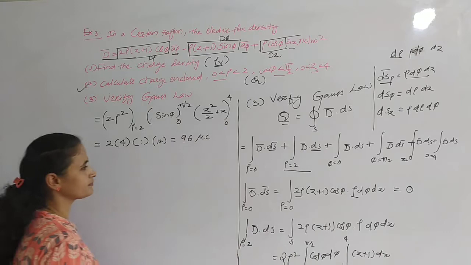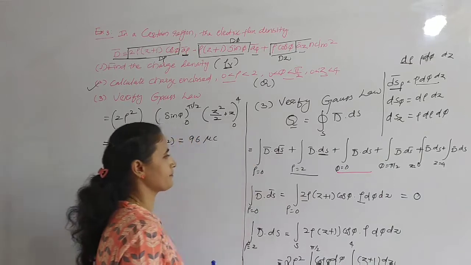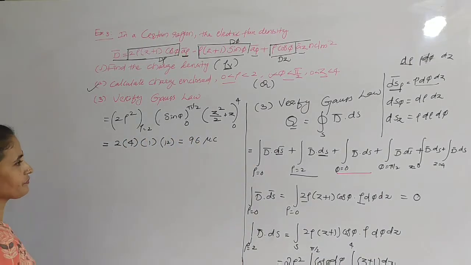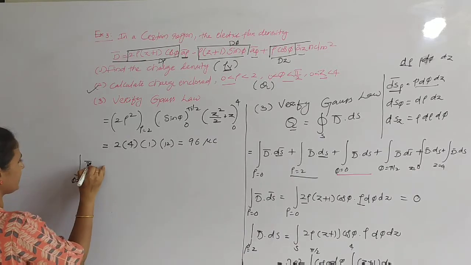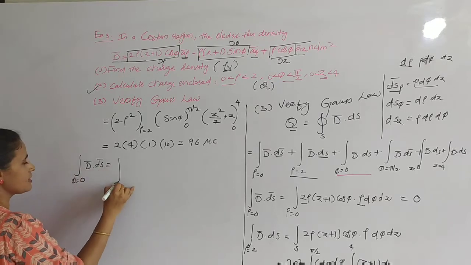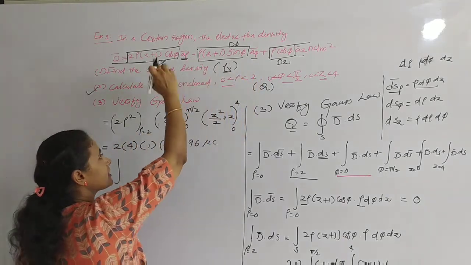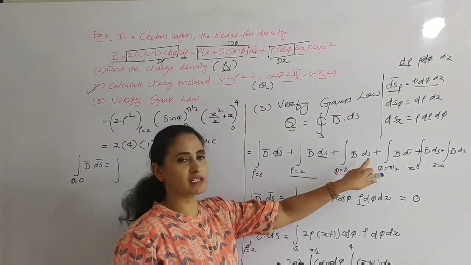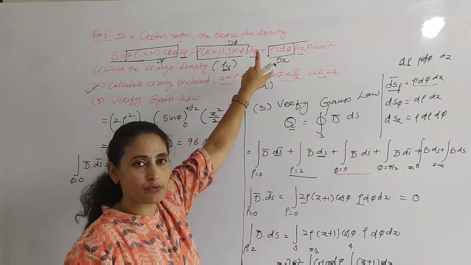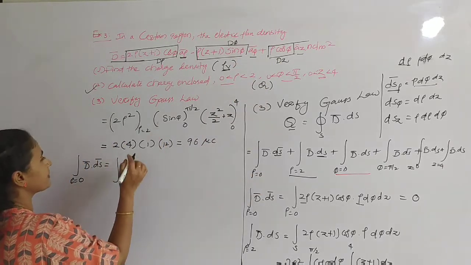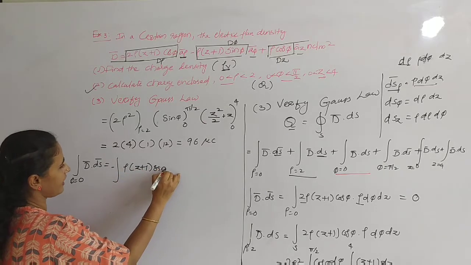Next, the second part is done. Now we will go to the third one. The third integral term is the integration at phi equal to 0 of D dot dS. Now the phi term. I am going to consider only the a_phi term, because if I consider the other two terms, they multiply with the differential surface area term and give 0. So I will consider only the a_phi term, which is given by minus rho into z plus 1 sin phi.